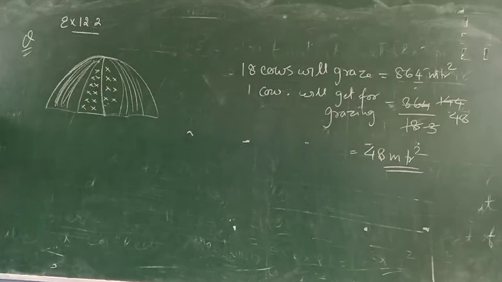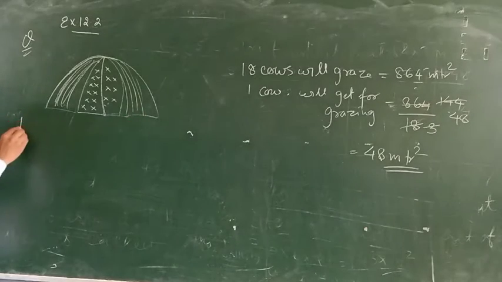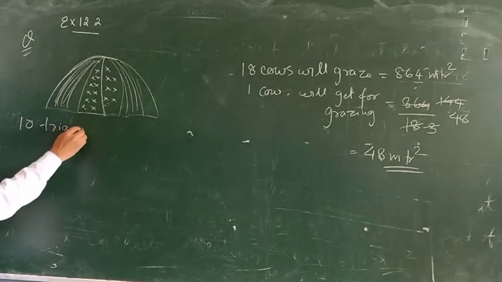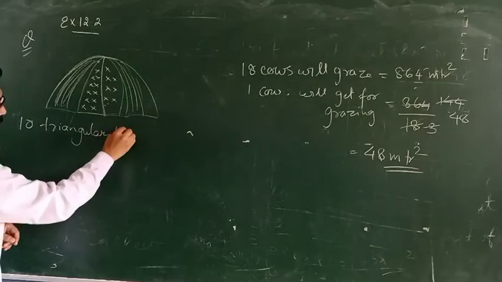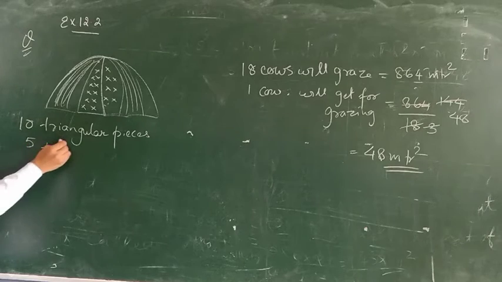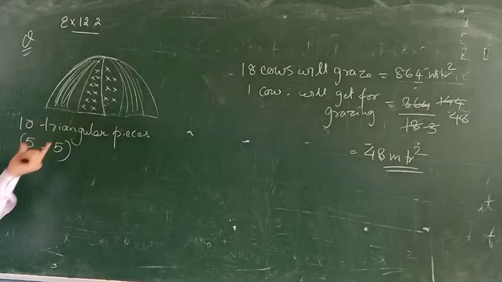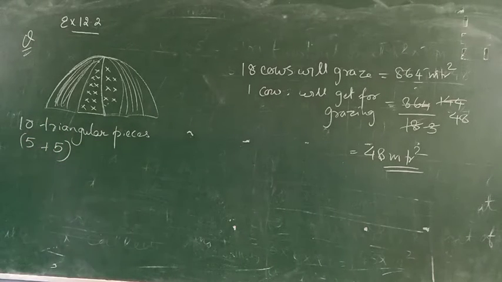Okay, you got an idea. You have an umbrella with two different colors. The umbrella is made by stitching 10 triangular pieces, and how many pieces are here? 10 triangular pieces. So each type has 5. I can write 5 plus 5, because 5 will be of this type and 5 of this type. Any doubt? So each type has 5 triangles, right? Each piece measuring 20, 50 and 50. That means the dimensions given for these triangles are 20, 50 and 50.